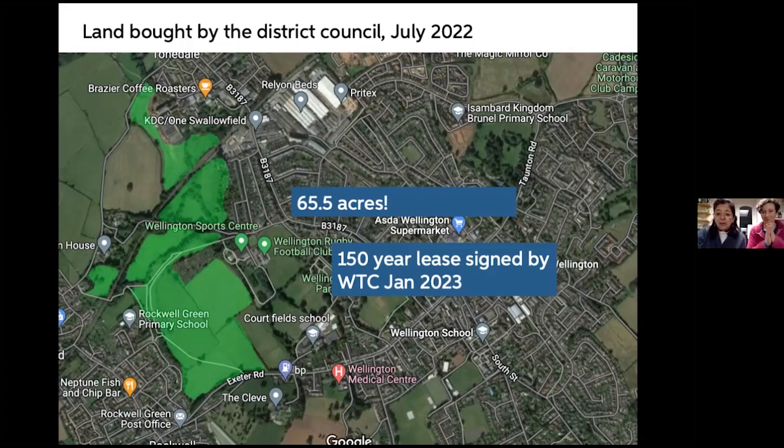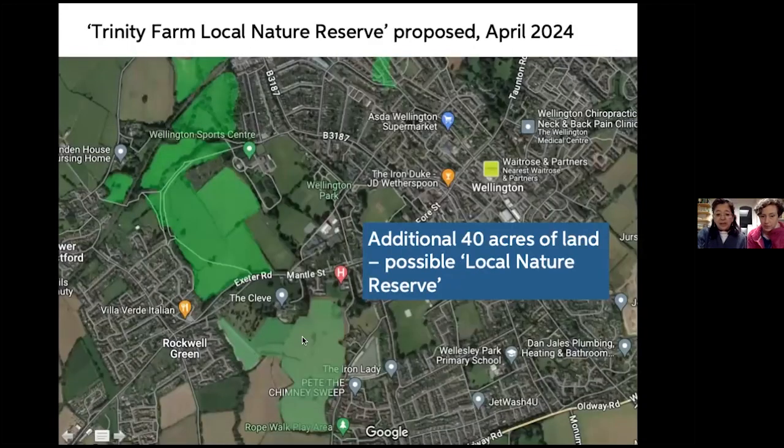And the most exciting thing that we want to end with is happening right now, so it's all very current. There's another farmer who has historically been doing very industrial agriculture, monoculture. Just on the other side of Exeter Road, we have possibly an additional 40 acres of land, which we're currently helping the farmer who owns it not change ownership, but change the management structure so that it can be designated as a local nature reserve,